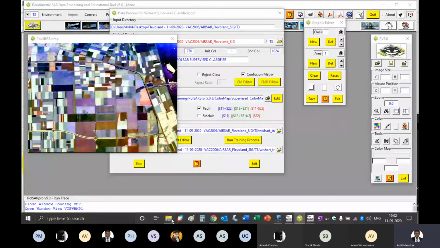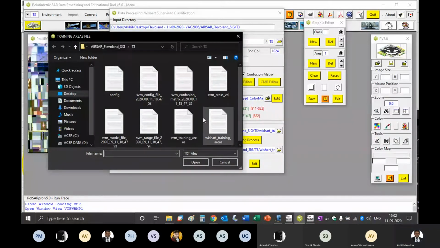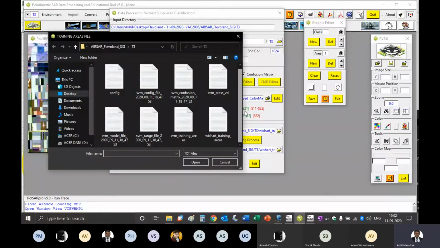in this T3, in the same folder here, you can see one file has got created, Vishart underscore training underscore areas. Now you can click on this open button, so that particular folder will open.